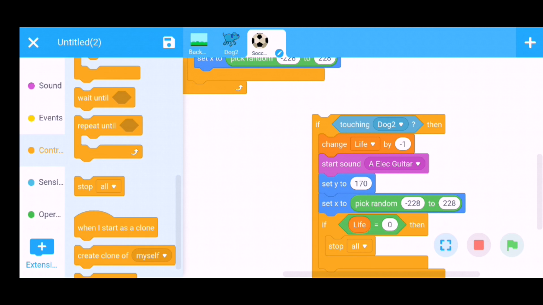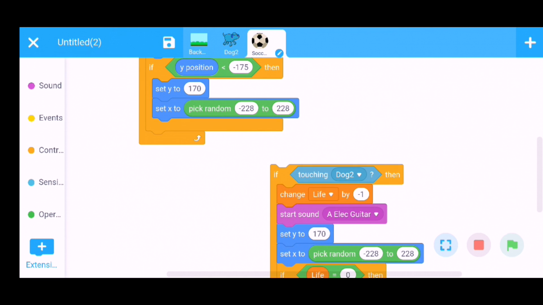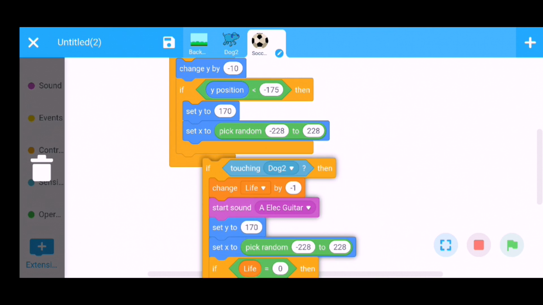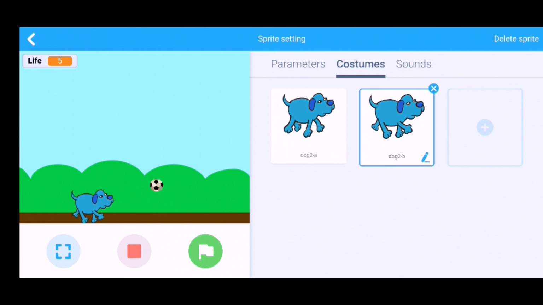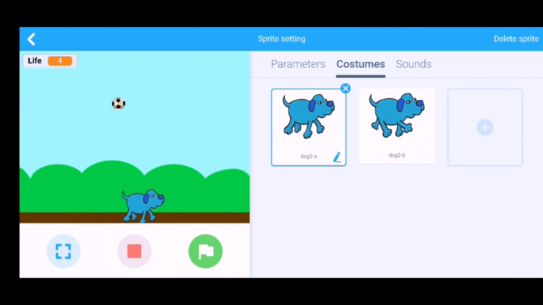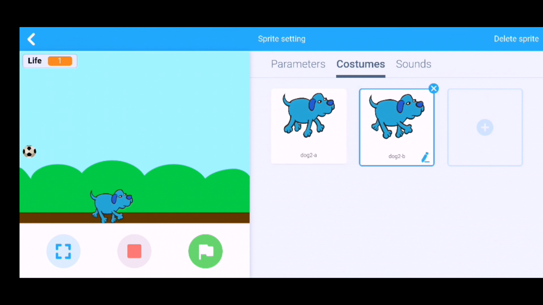Put this set of commands after that one, then this. Now the game will stop.